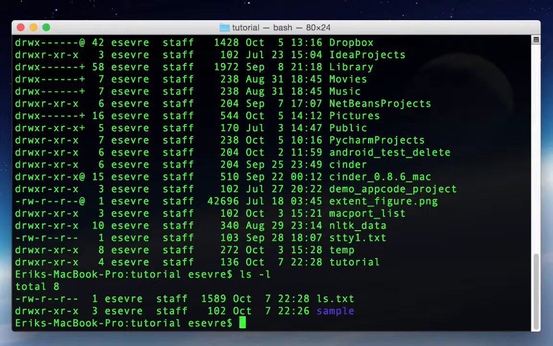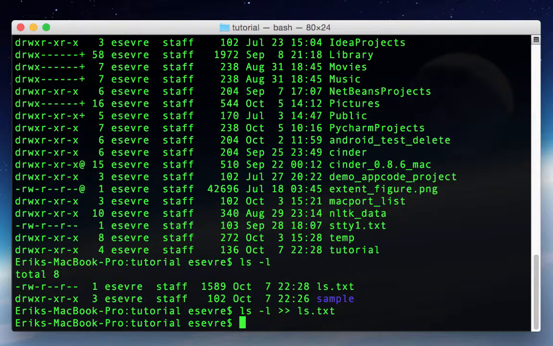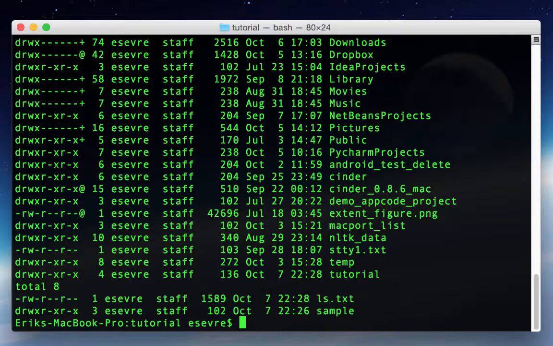I just put my parent directory into the file, and now I want to add my current directory. So if I type ls -l, I can redirect it. And if I do the redirection symbol twice, greater than greater than ls.txt, it's going to append to the end. So now if I type cat ls.txt,